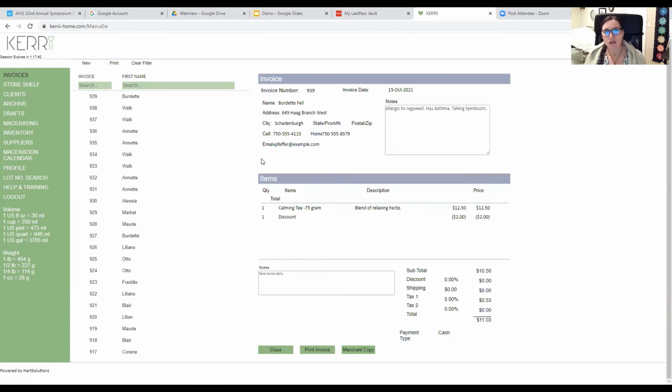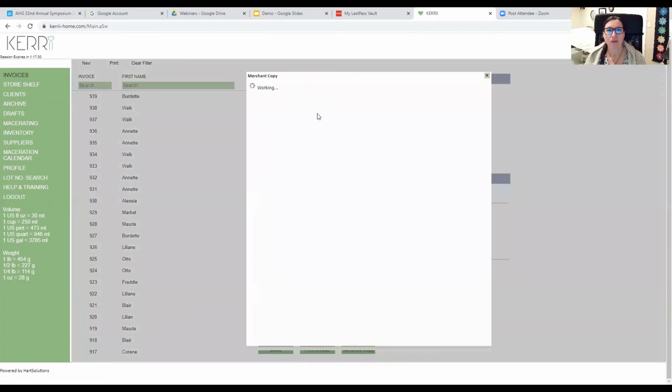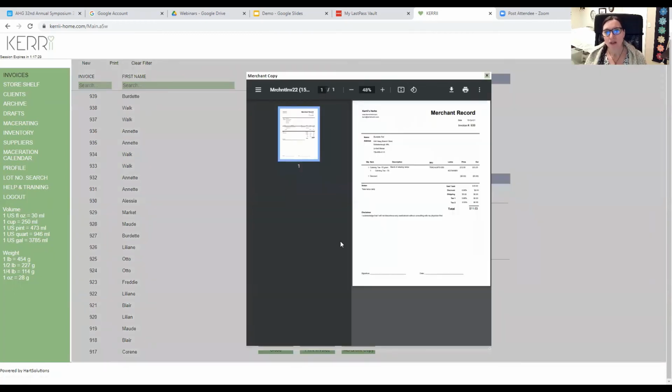So now you have your completed invoice. You can go ahead and print it. You can print the invoice off for the client or the customer, or you can go ahead and print off a merchant copy. I recommend that everyone does this because when you print off the merchant copy, you'll